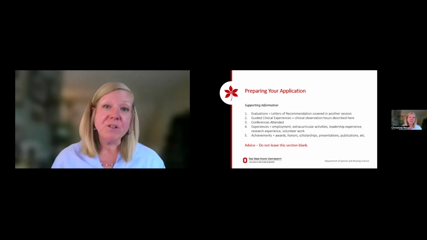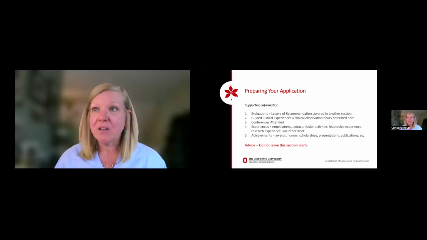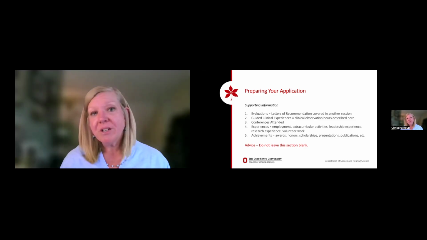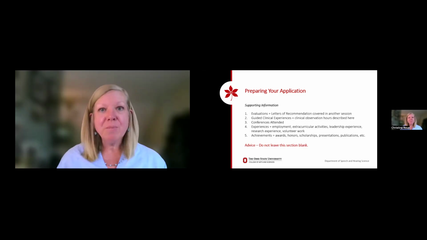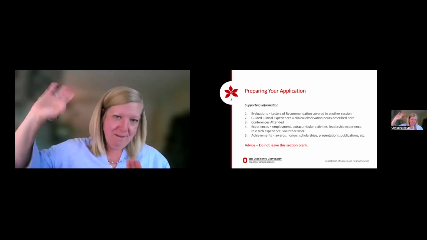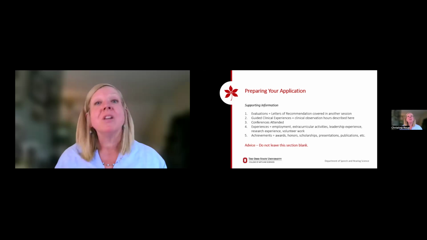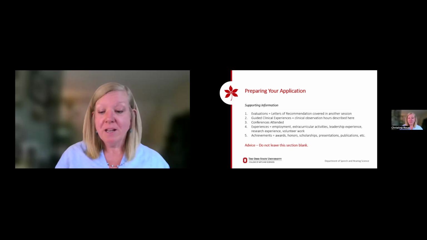Have you been involved in research? Are you working on a project with a faculty member? And it doesn't have to be in speech and hearing science. Have you done any volunteer work? And when you enter those in, be sure to give us a nice description of what that entails. Not super long. Don't write a thesis, but those really help us